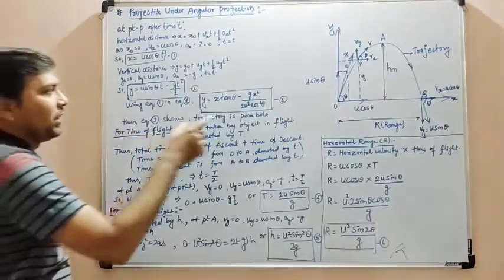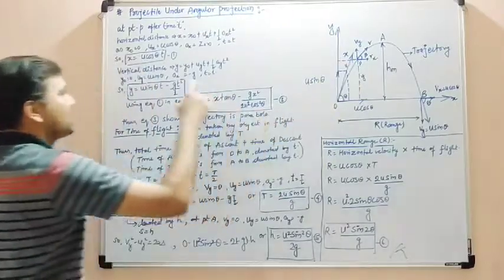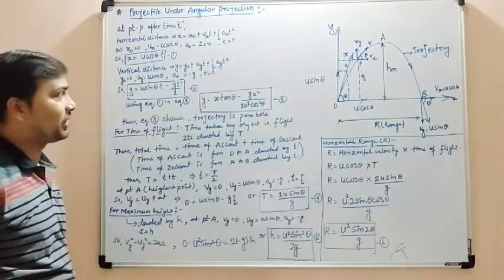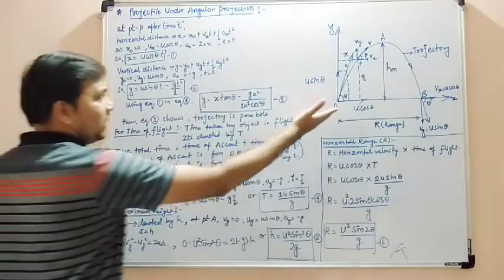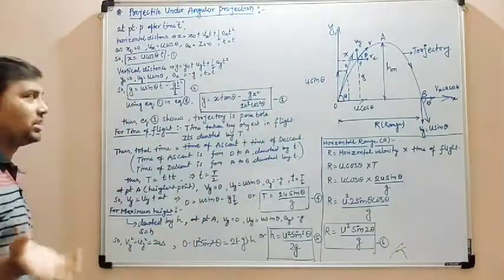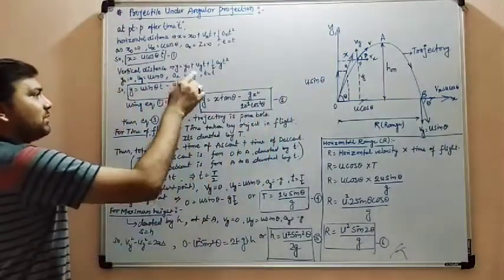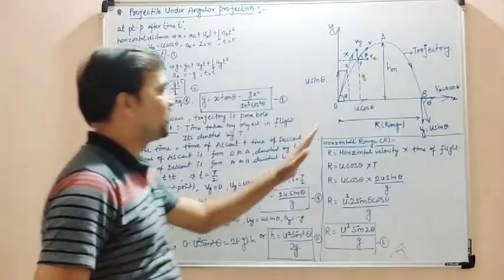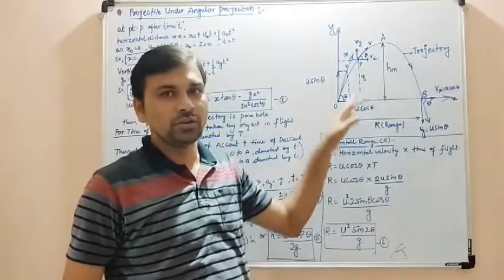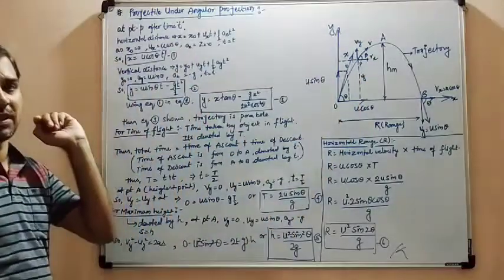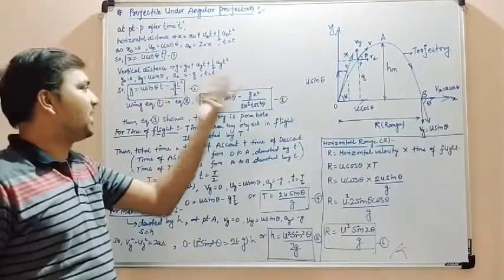Similarly, for point P along the y-axis, I have taken y equals y naught plus uy t plus 1 by 2 a t square. Here again y naught equals 0 because initially it is at rest. Uy equals u sin theta. Ay will become minus g. Why? Because the object is moving away from the earth, so acceleration due to gravity acts to decrease the velocity. So here a becomes minus g, and t remains as it is.